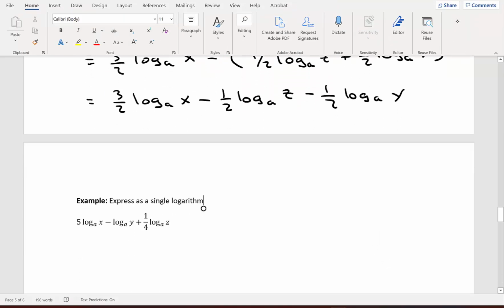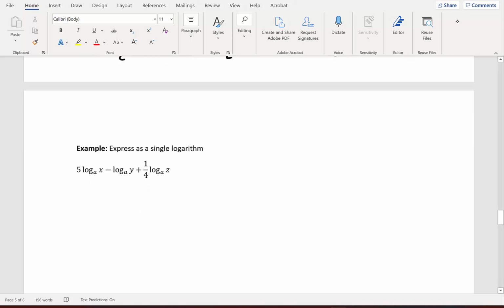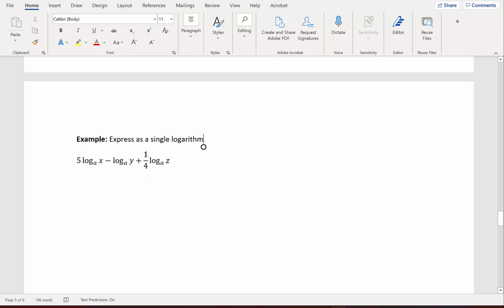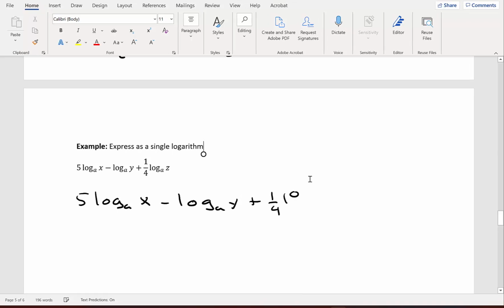All right, now let's go the other way around. So for our next example, express as a single logarithm. So I want to write all these logs as just one log. So I have 5 times log base a of x minus log base a of y plus 1/4 log base a